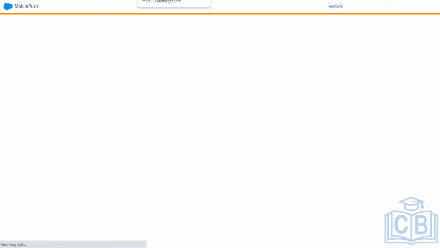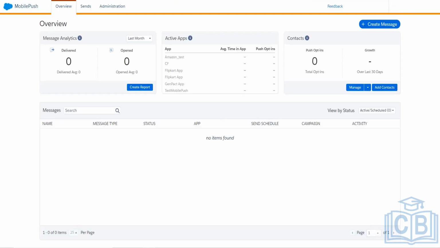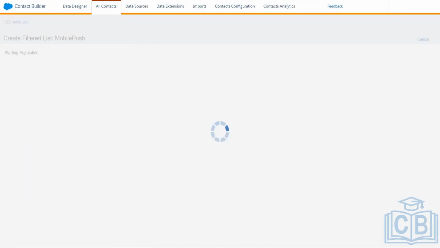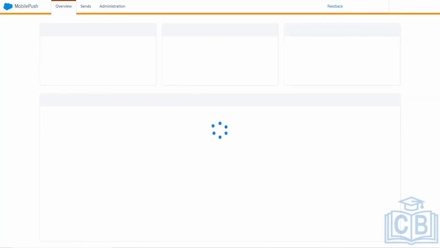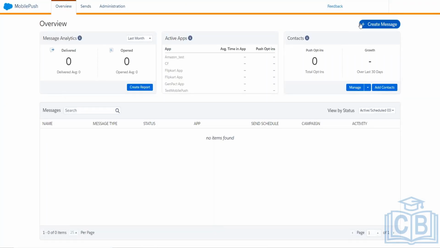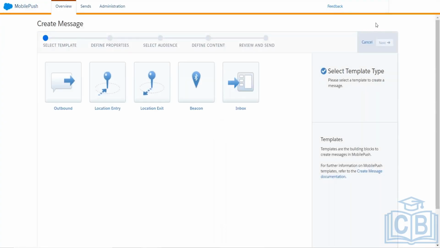Now let's see how we can create the push notifications and what the different types of push notifications are. Let's start with the first campaign. When I create the new message, here we have outbound, location entry, location exit, and a beacon, which works on